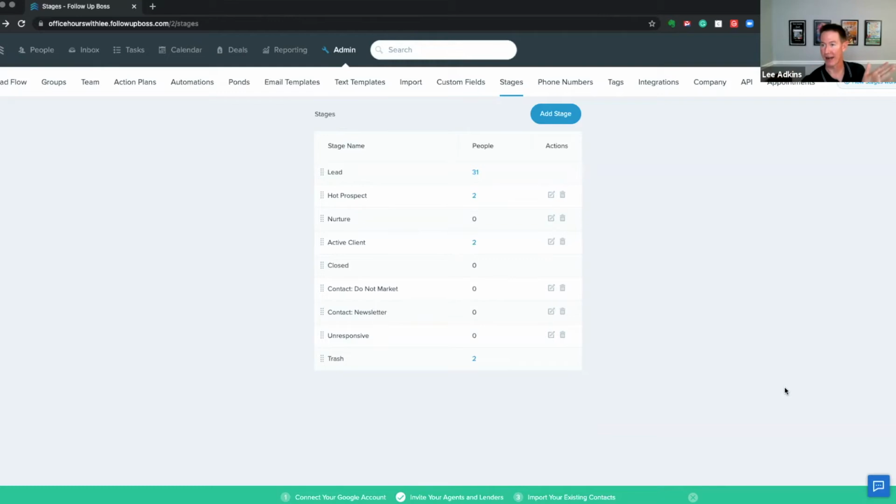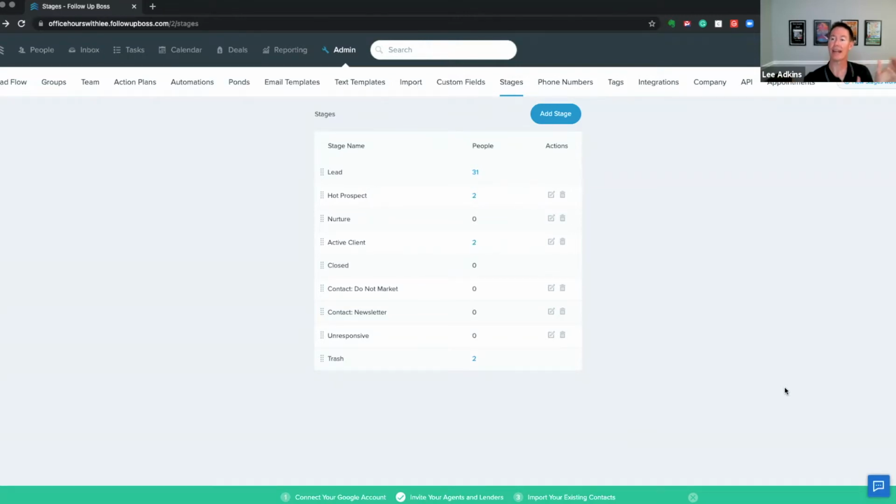There's no definitive right answer, but if you're not really a power stage user, I would keep it to maybe 10 max. Another thing I've been doing a lot lately, and I'm not necessarily encouraging this, but I want to mention it. There's a pending stage, I believe, that comes naturally. I'm not a huge fan of a pending stage unless you have an internal staff that's going to update it.